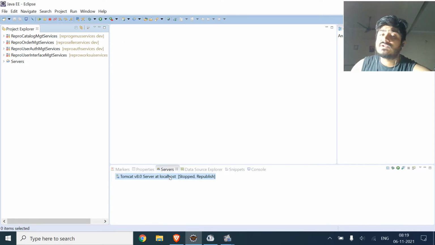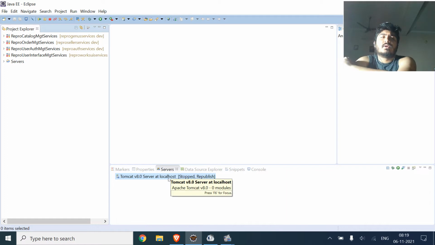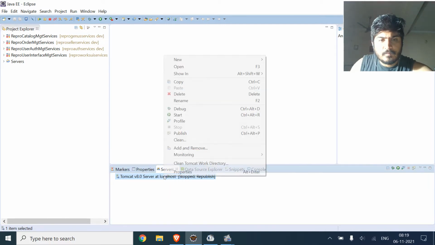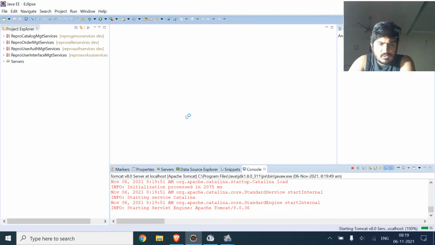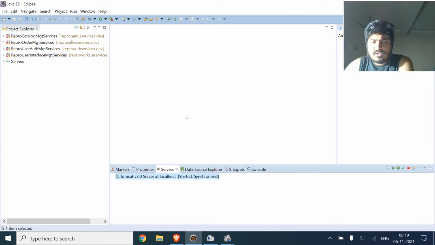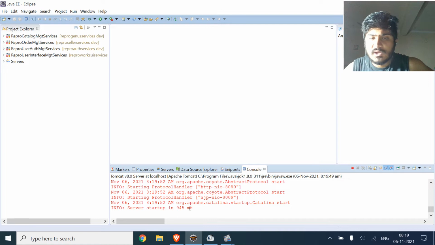So first of all, the server is configured, and I will just try to run the server. If the server is working successfully, let's see the log file. So the server has started, and it is giving the output. And when we see the console, it is showing the server started in 945 ms. And now I will just stop the server